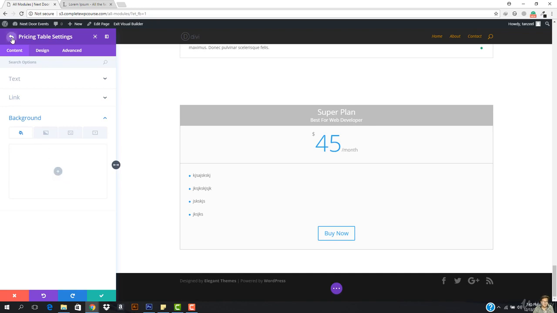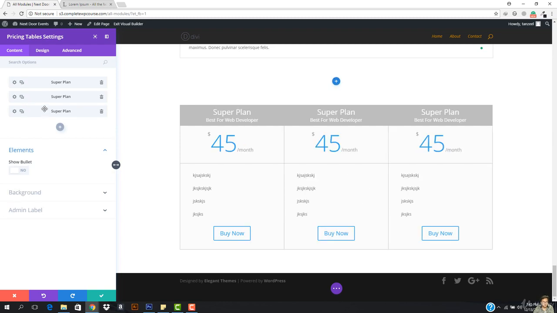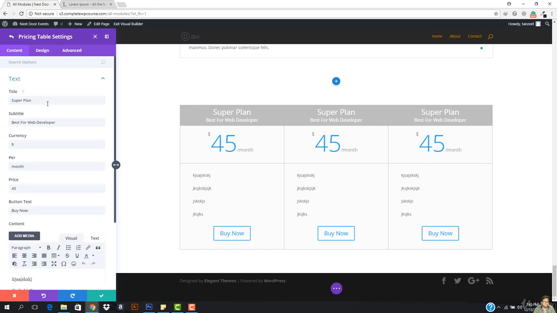Okay, what I have to do right now, I need to go to the background so I can also manage the background right here. I'm gonna come here, just to not show the bullet. I'm going to copy this and duplicate it for one more. Okay, we have 3 plans right here. I'm going to change this plan to be